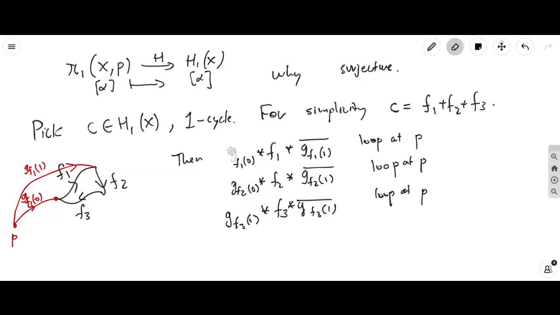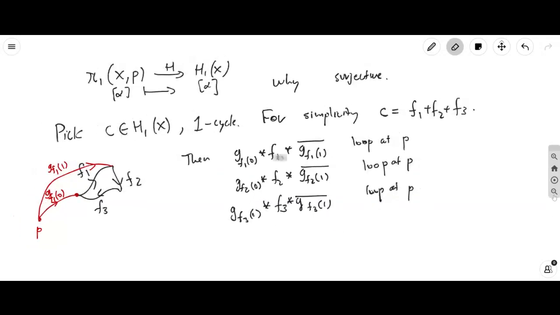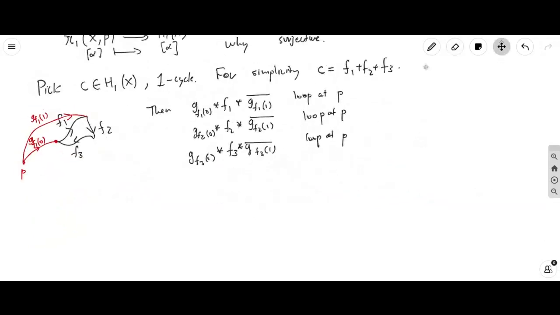If any of these were negative, then you just reverse everything, right? You just reverse the orientation. So that's basically what you do. So you get all of these loops, okay? And now the claim, right? And then we claim